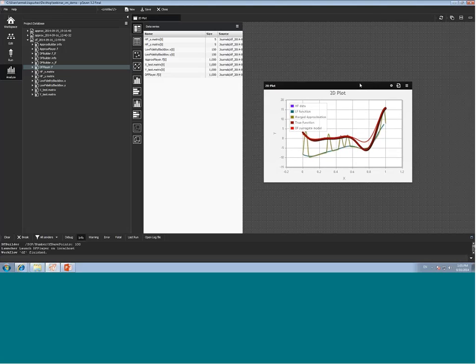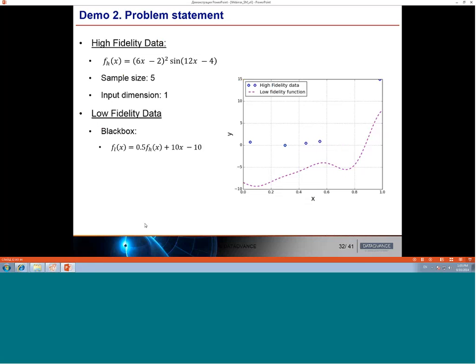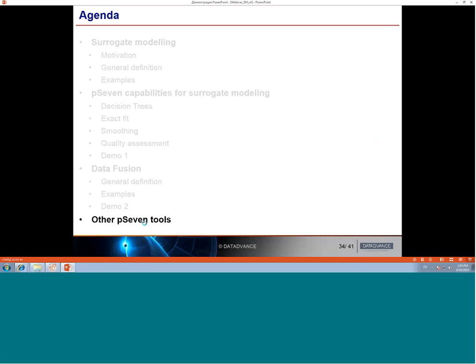So that's it with the demo. Let's return to our presentation. It was a presentation about how to perform data fusion when you have a high fidelity data sample and a low fidelity black box. And now I will make some conclusions and give you insights about